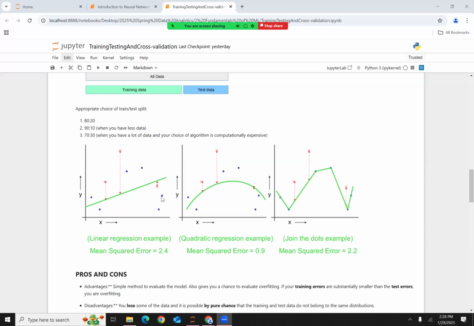And while it does capture the large scale trend in the data, we also want to see if it can generalize to new data. So I'm going to compare this model's performance against my test data. For a given value of X, the prediction that the model makes is located along the straight line. But for that same value of X, the actual data is where the open circle lies. And so you can see there's quite a bit of discrepancy or error between the model prediction and the data